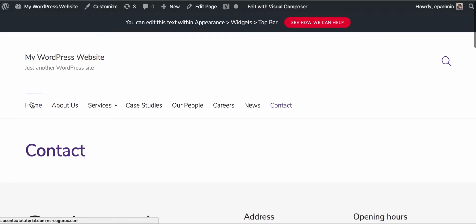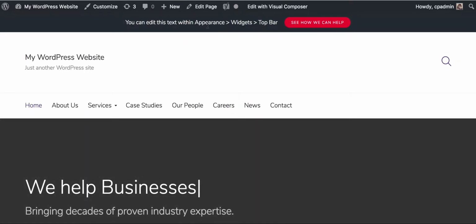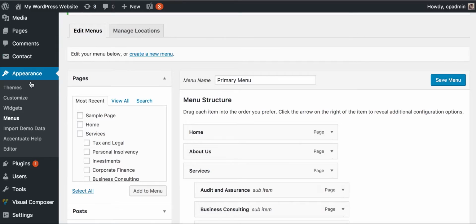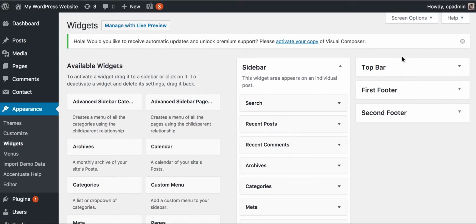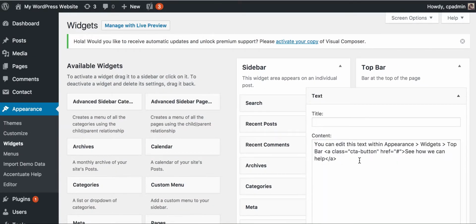So a few other small things we can do very quickly here is you can see here you can add this text in appearance, which is widgets top bar. So let's have a look at that. Appearance, widgets top bar. And here we go. So we could change this to say,